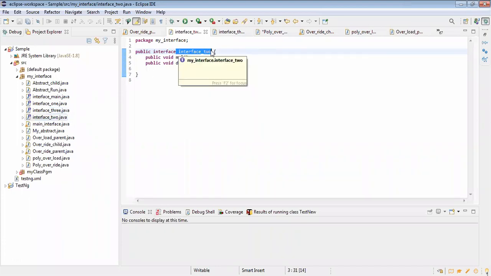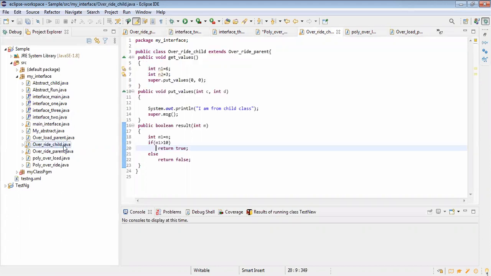Yes, and go to the override child. Now here, bring this interface into this class. With which keyword can you bring this interface to here in this class? Implement. Do it.